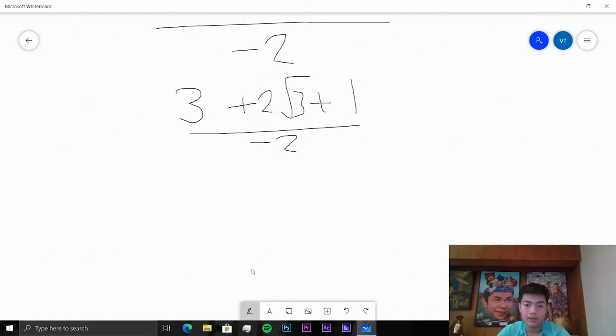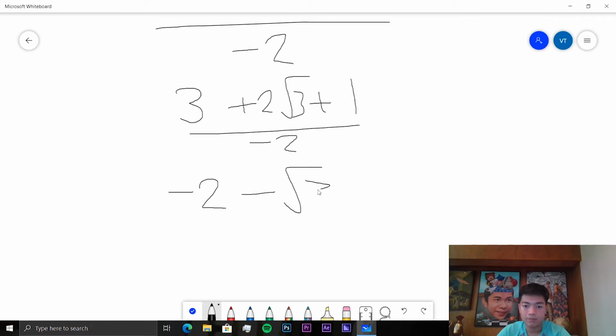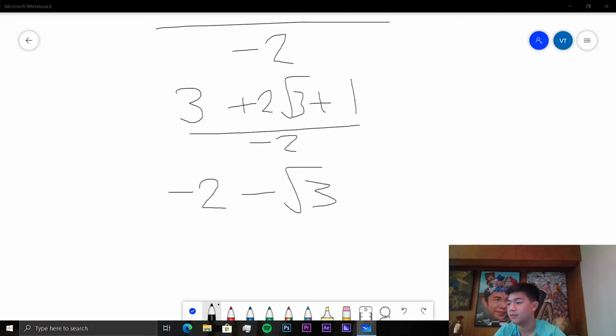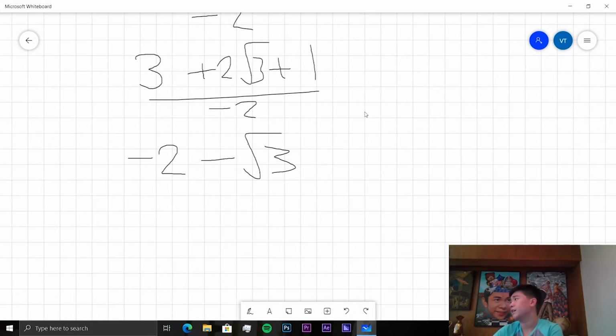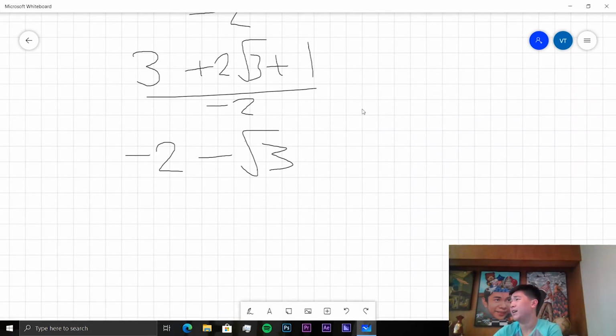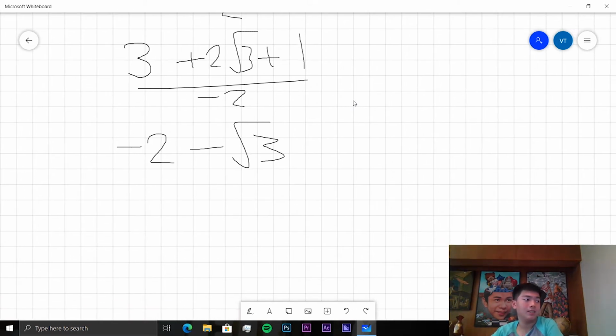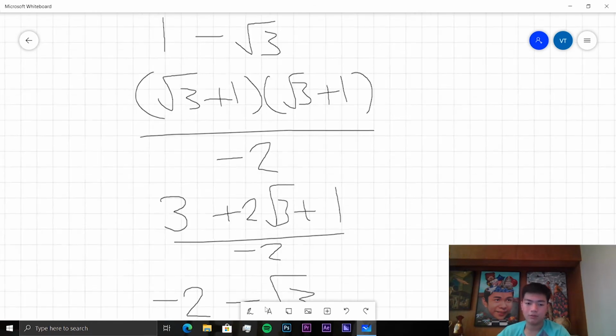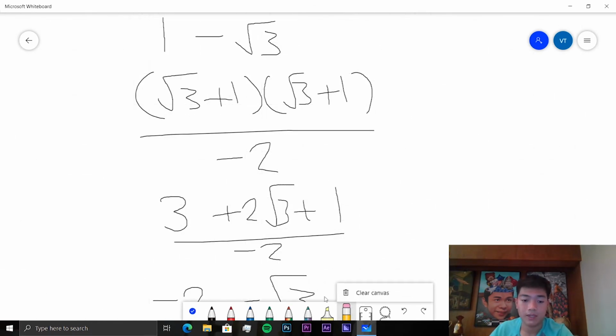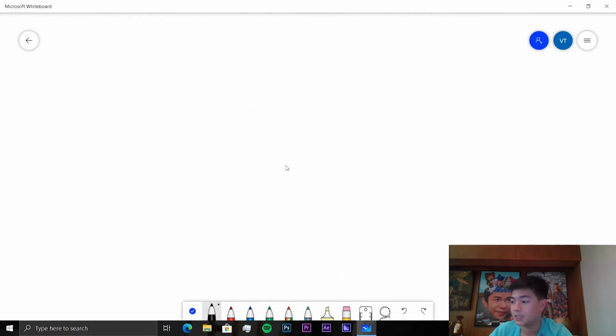So we get, what is this? This is negative 2 minus root 3, I think, is the final answer. Let's just check that. Oh yeah, I actually don't think I've made an error, and I can't see how. So I'm going to leave this as negative 2 minus root 3, but maybe I have. Anyways, on to the next one, which is